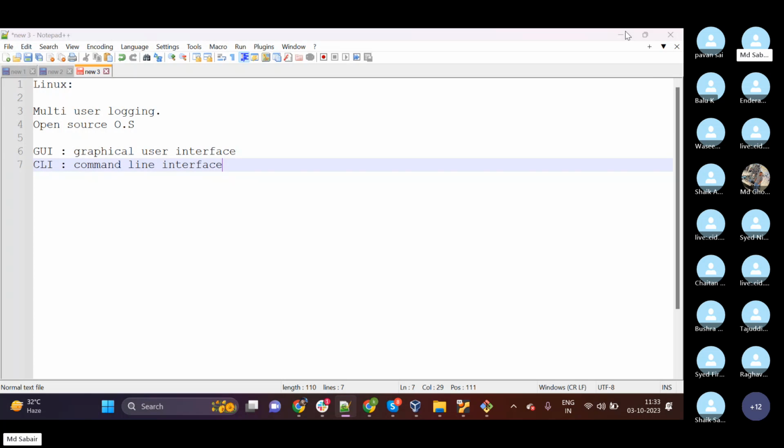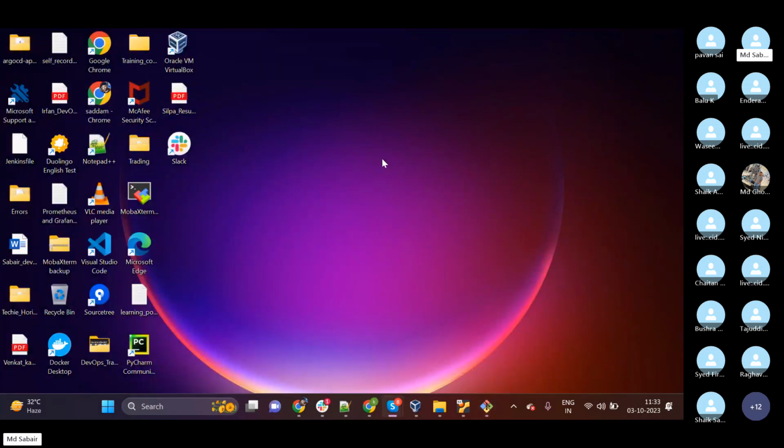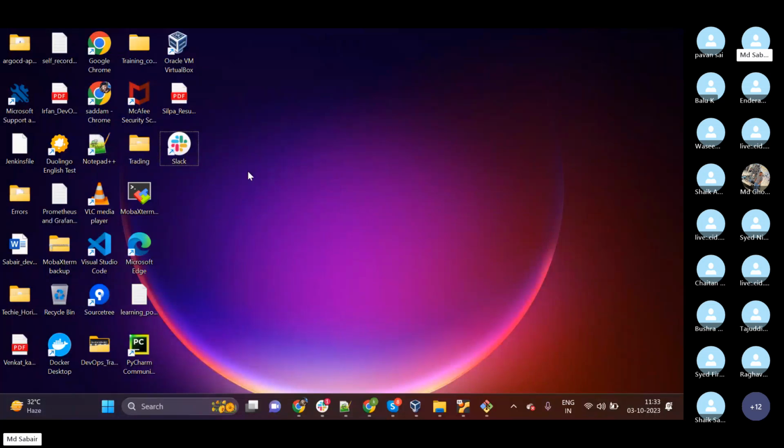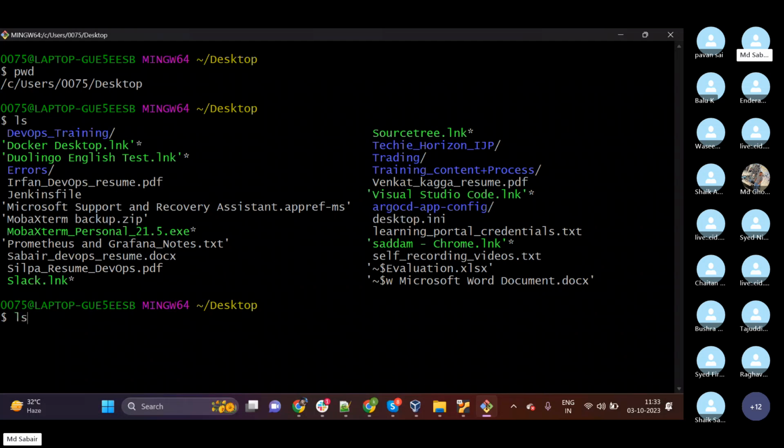When we are working in a graphical user interface, the problem is, for example, if I'm trying to see this, there might be a chance where we can delete this as well. But when working with CLI, it will only perform when we execute the command. So the chances of making errors are very low.